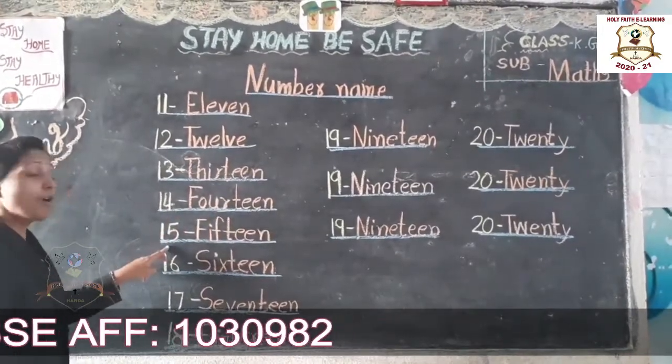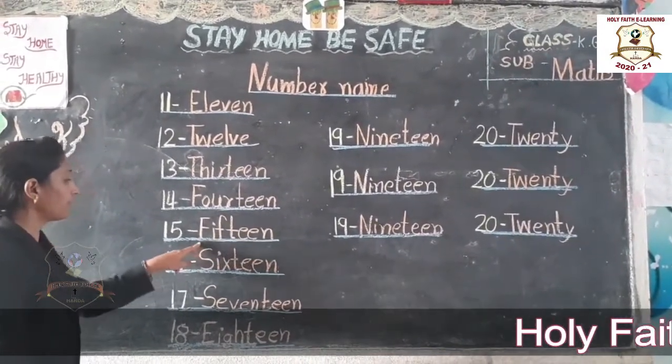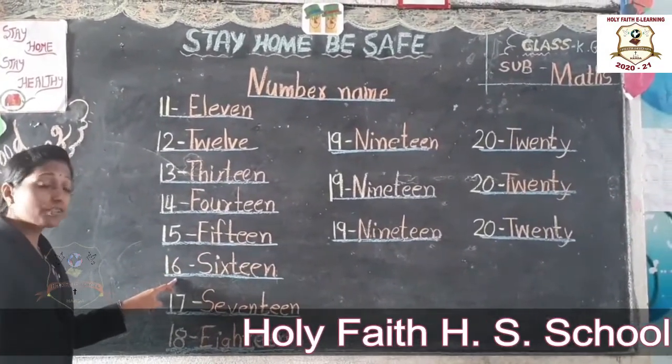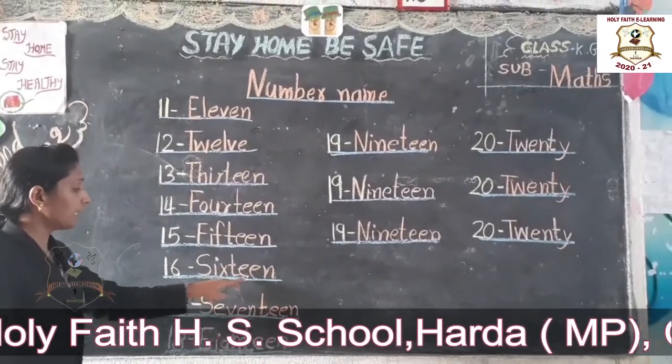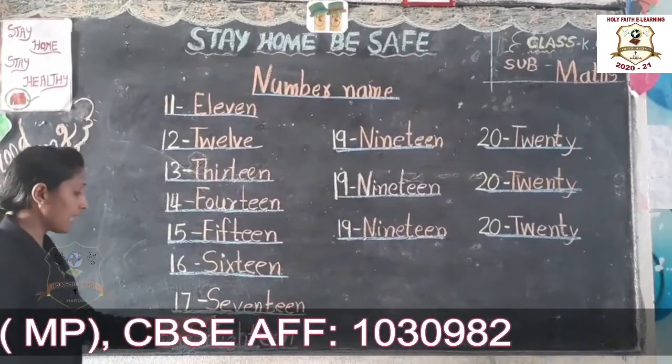14. Now next, 15. F, I, F, T, E, E, N. 15. Now next, 16. S, I, X, T, E, E, N. 16. Now next, 17. S, E, V,